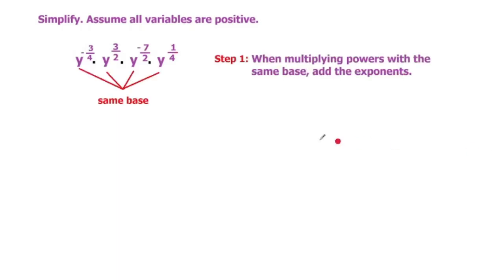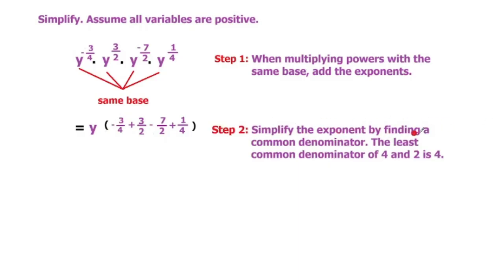So the first step is to notice that we have the same base here. So when multiplying powers with the same base, we just add the exponents. So let's simplify this right away. We could just take y and put it to the power of all these added together. Okay, so now